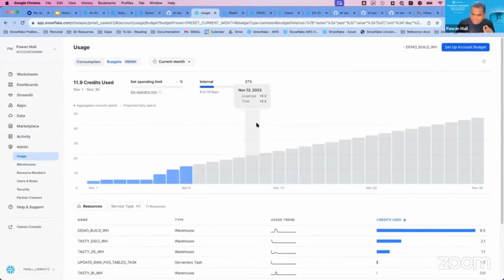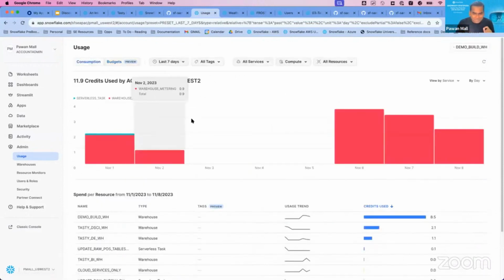Also, we have come up with something called budgets, which allows you to control your usage of these warehouses, a number of credits for each of these business units. We will do alerting. If you want, you can even stop the warehouses from working if you want to put restrictions on it. So it's a next level beyond resource utilization, which I earlier talked about. All these capabilities are inbuilt in the platform, which allows you to see how many credits you are using on a historical basis, and also have proactive ways to stop some of these usages if somebody is overusing beyond the budget allocated to that particular group. I hope that answered the question.